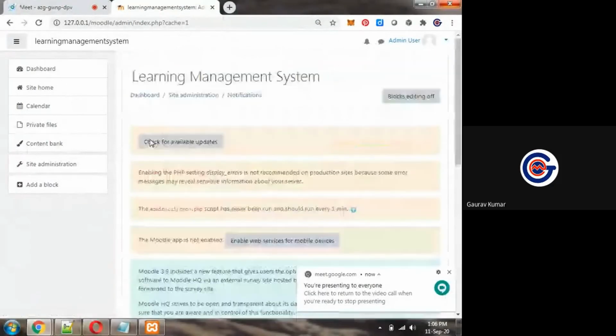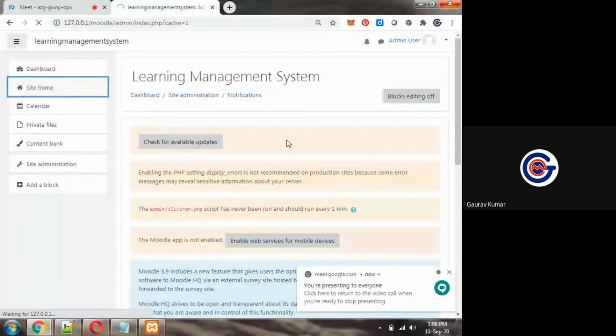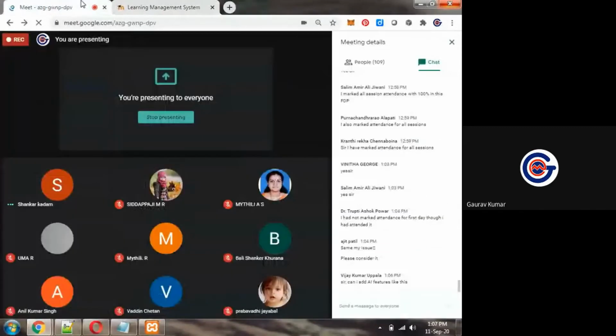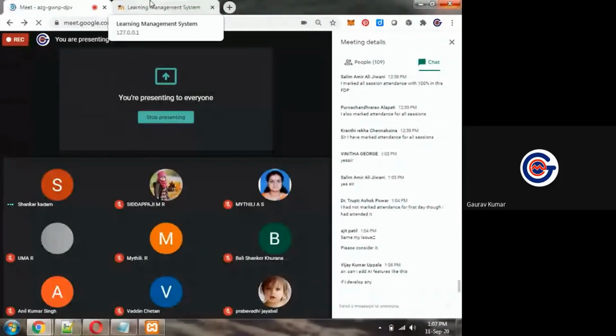Now what we will do? We will come to our site home. Yes, sir. I will tell Mr. Vijay Kumar Upala, I will tell at the end of this session how to integrate AI-based features.